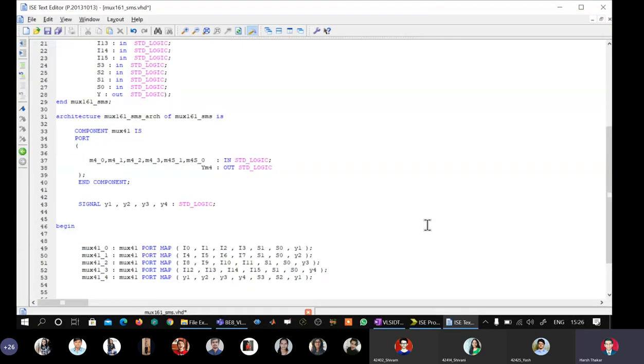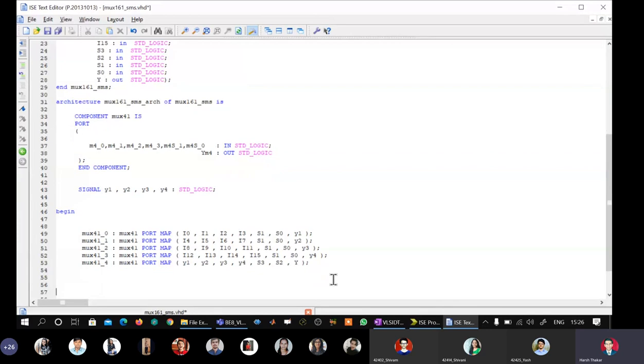The output of the last instance is the output of the multiplexer Y, so you have to write capital Y here. Okay, seems to be fine.